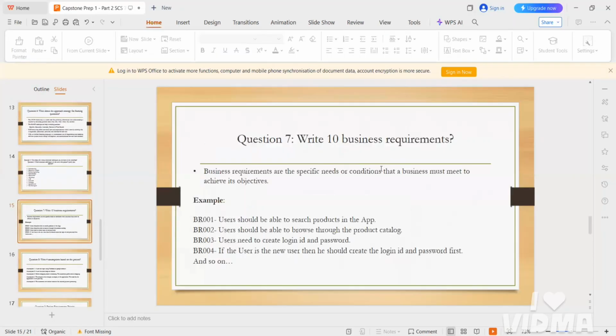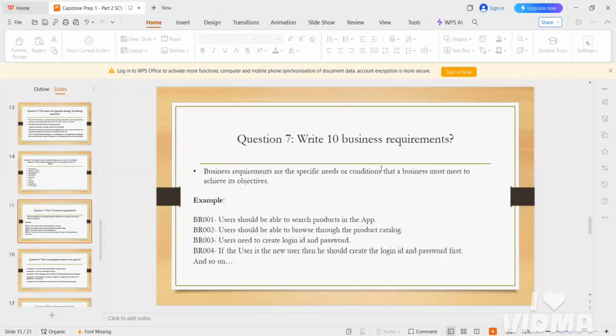And the seventh question is that you need to write down 10 business requirements. Business requirements are the specific needs or conditions that a business must meet to achieve its objectives. In a simple way, business requirements are high-level requirements, and we can call them business needs.